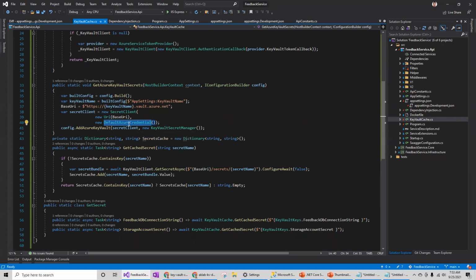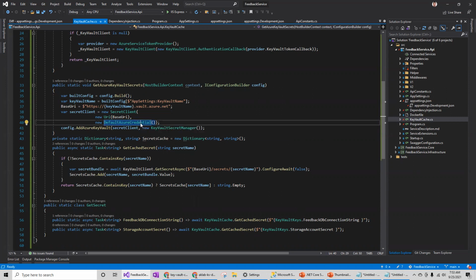I have tested this already. So if you are hosting this app service in the Azure portal, you have to enable the managed identity and give the permission to the service in the Key Vault, so that the default Azure credentials will work as expected. But locally also, we can make it work by changing this to client credentials rather than using the default credentials. So let me quickly make that change and show you how the client credentials flow will work.